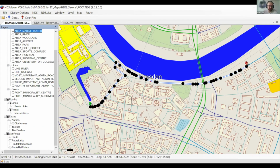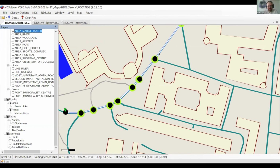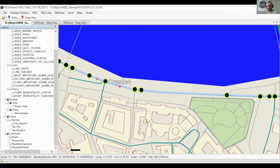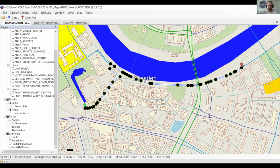If we enable the route reference points, we can see all the data that has been delivered back by the routing service. And if you also enable the map matched route intersections and zoom in a bit, you can see that basically every intersection matched onto a route reference point. And this created this route. Yeah. So this is NDS Classic on NDS Classic using an NDS Live routing service as intermediate. In my second scenario,